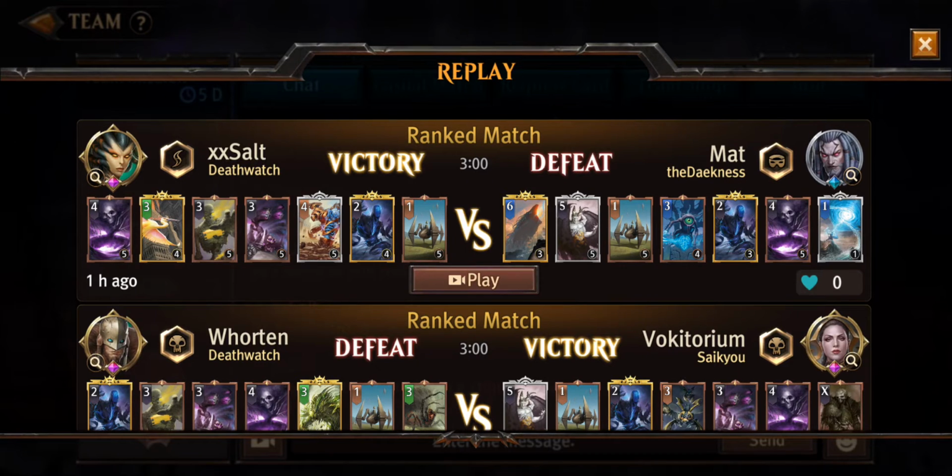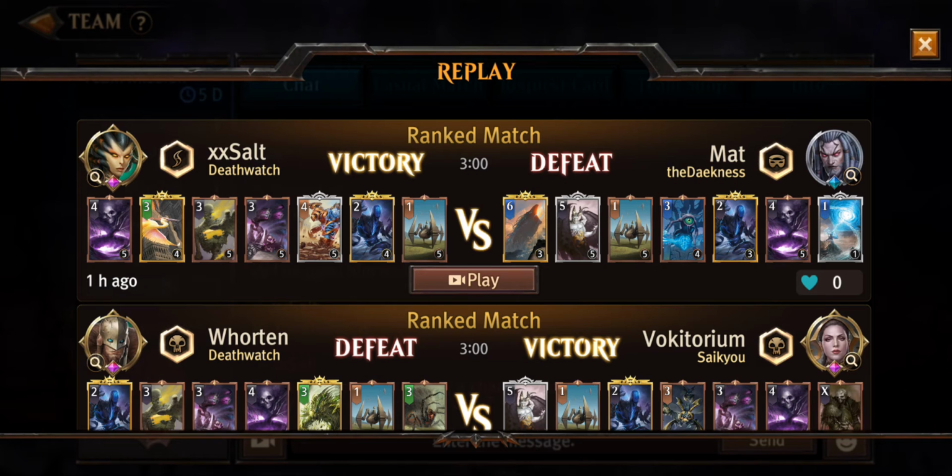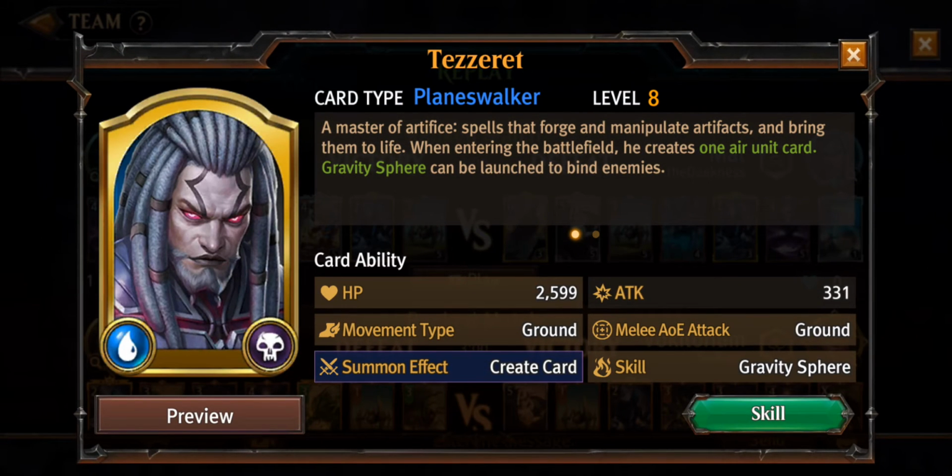Just so happened that my Planeswalker, Vraska, can deal damage to both air creatures and ground creatures. So in the video we're going to watch, you will see that Vraska also served as the anti-air team. But not only that, remember that the player will probably put Tezzeret on the ground as well, potentially providing ground support. So you'll have to look at the Aethersquall Ancient,